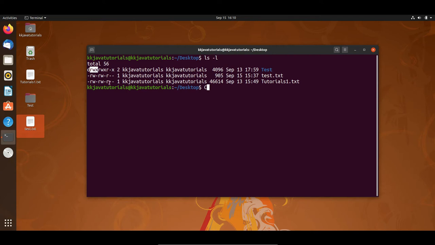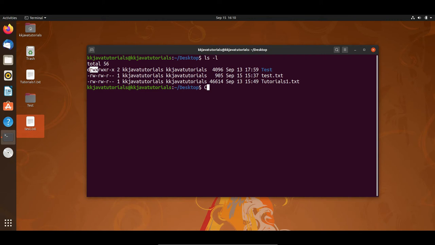Whoever user is logged in right now, this is the permission for the user. rwx means this is the owner's permission, which determines what action the owner of the file can perform on this file, right? So owner of this file means the one who has created this file, right?